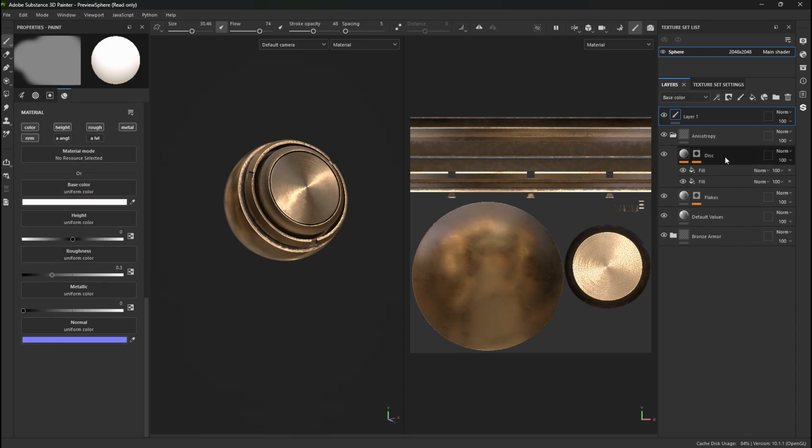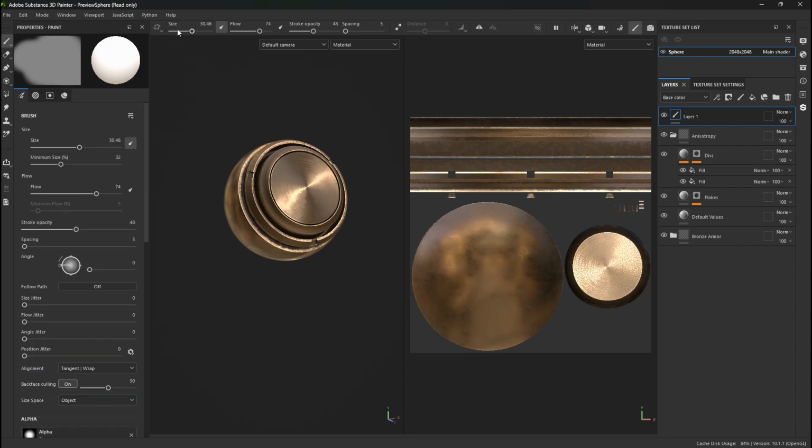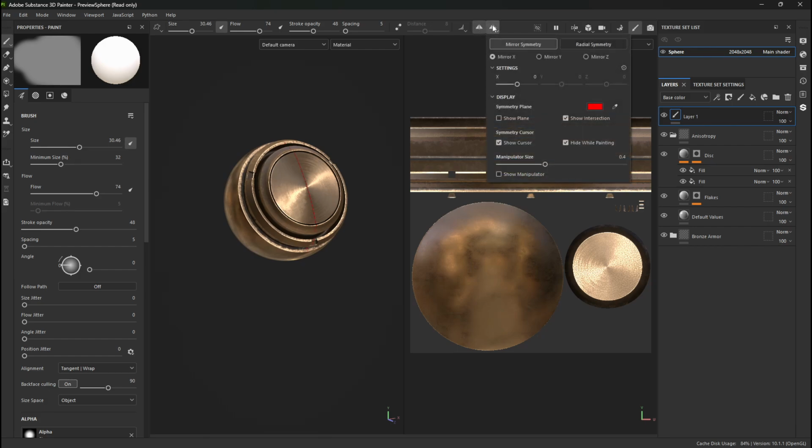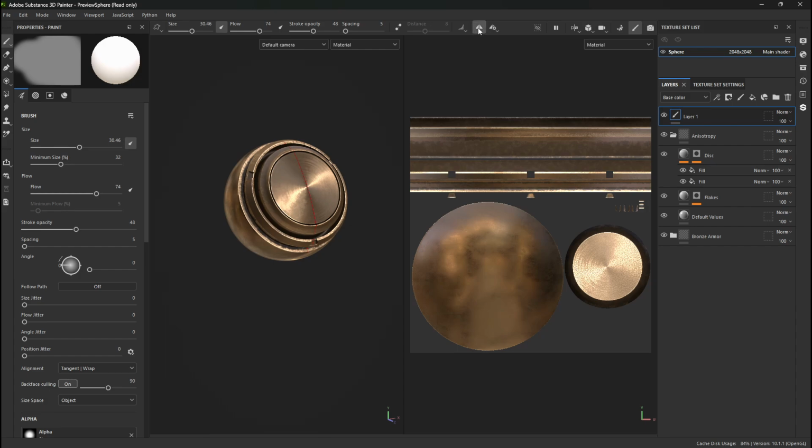And then if you're using a layer like this, then you've also got some other stuff. Above here, we've got the same stuff. We've got size, flow, stroke opacity, spacing. We've got symmetry. So you've got symmetry in here, which is nice, and then symmetry settings. So that's a little sailboat thing up here. And then we've got stuff to do with rendering. So do we want to go into the renderer,